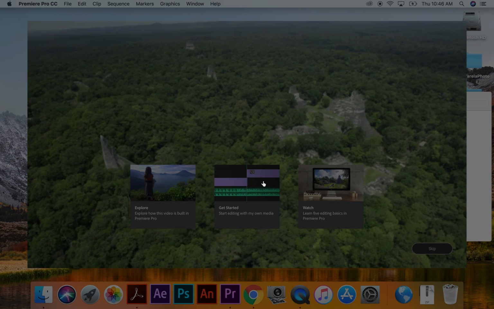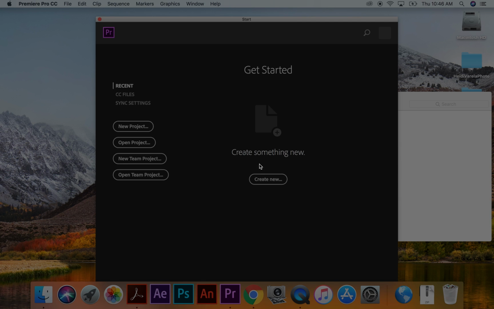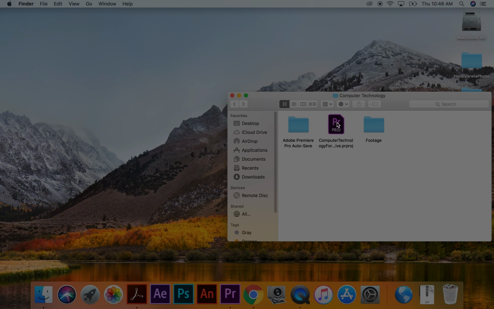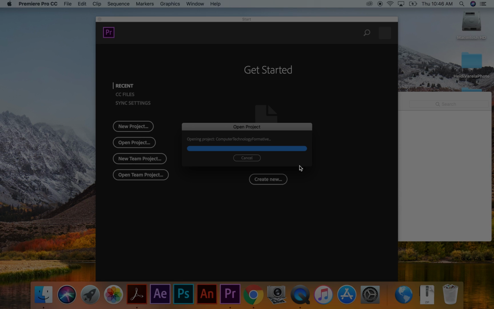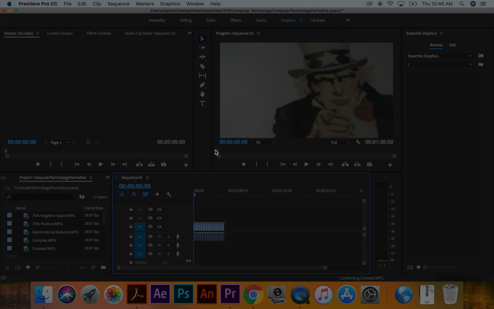All right, here we go. Okay, I'm going to skip this. I'm going to double click to open this project file. So it's locating the media, looking for that footage folder, and then it's going to take a second. This is a really robust, really complex